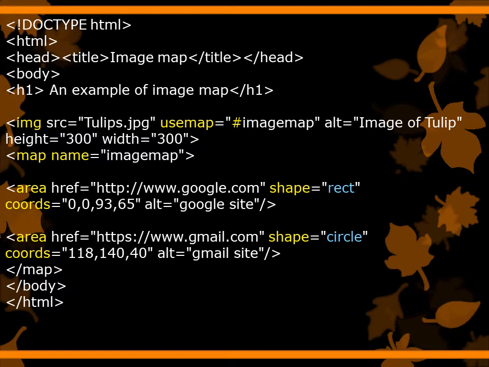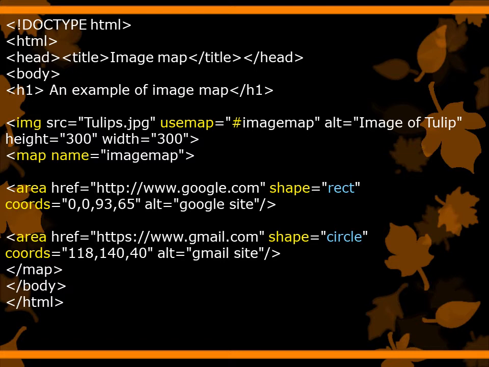After choosing the particular shape, that is the clickable area, it navigates to www.google.com, so here we mention href equal to that link. Then shape equal to rectangle. After clicking on that rectangle, it will jump to the google.com web page.